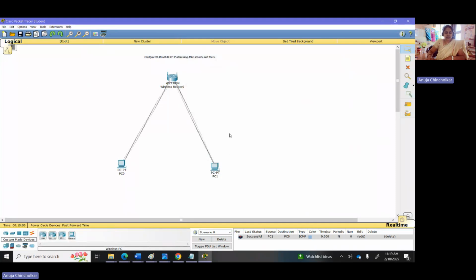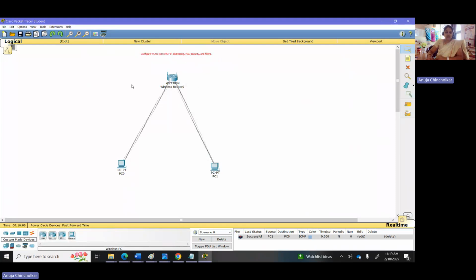Now here we successfully implemented the wireless LAN having DHCP IP addressing. Now let's start with these MAC security filters, how to apply MAC security filters.